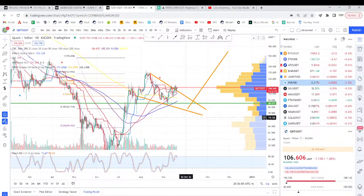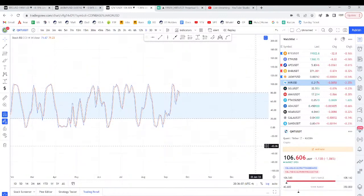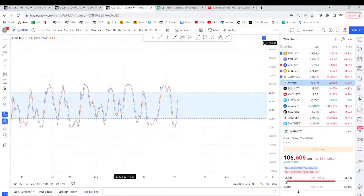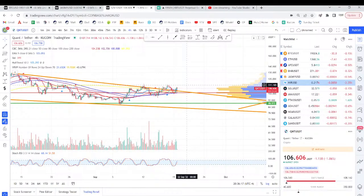Trying to break to the upside, but my measure move was $180. Right now I'm at 106, so I wouldn't say it broke out or anything, but I would say that's still a valid falling wedge. Daily chart is a downtrend, so that's one reason to be bearish on it. The 4-hour chart has a little more room to the upside, and if you want to be bullish on this, you have to break $113 because